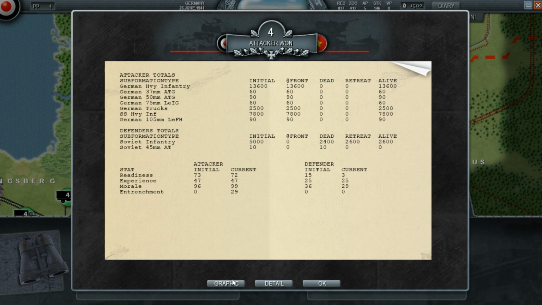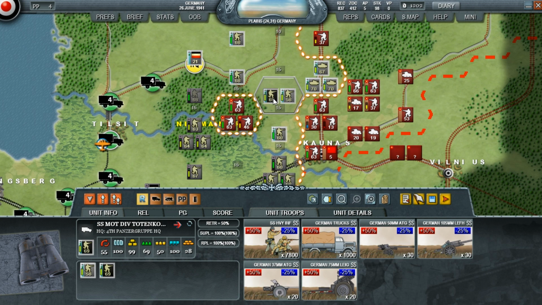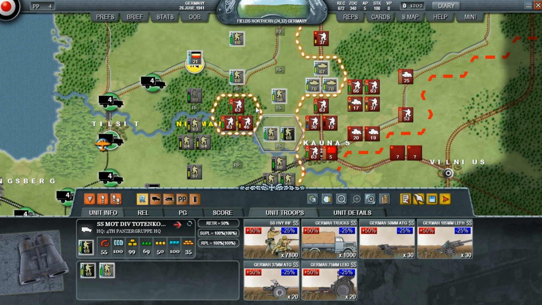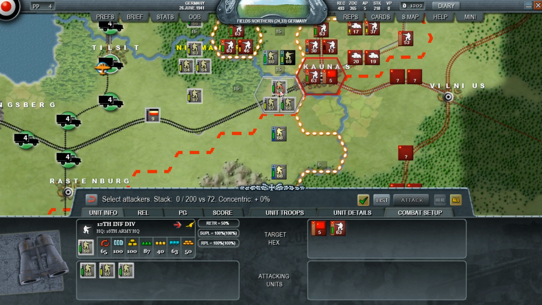2,400. We Soviet tanks and whatever. We take this. Okay, so these guys can still... He can't. Well, he's going to stay there. He's going to move, because he's got the 55. Brilliant. Now I want to take this. I want to take this. And I don't know if it's...